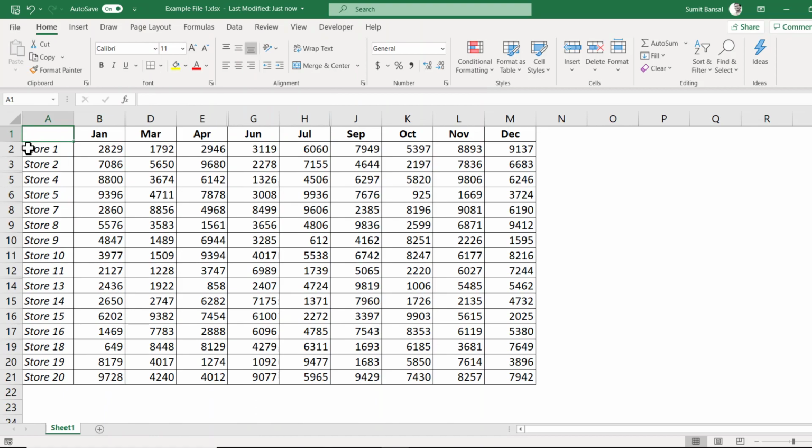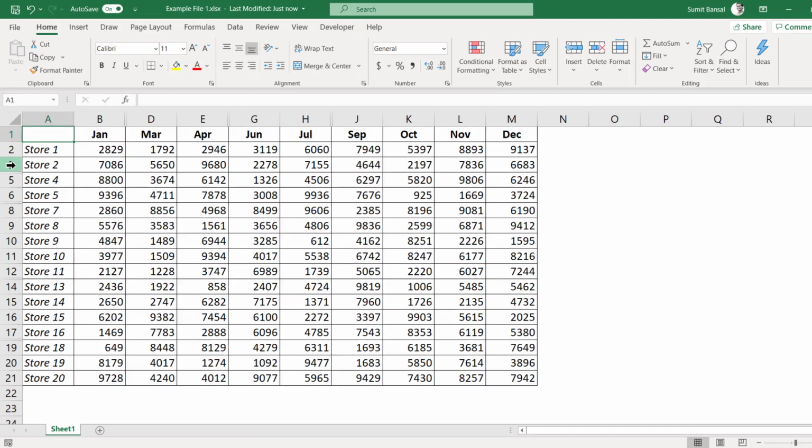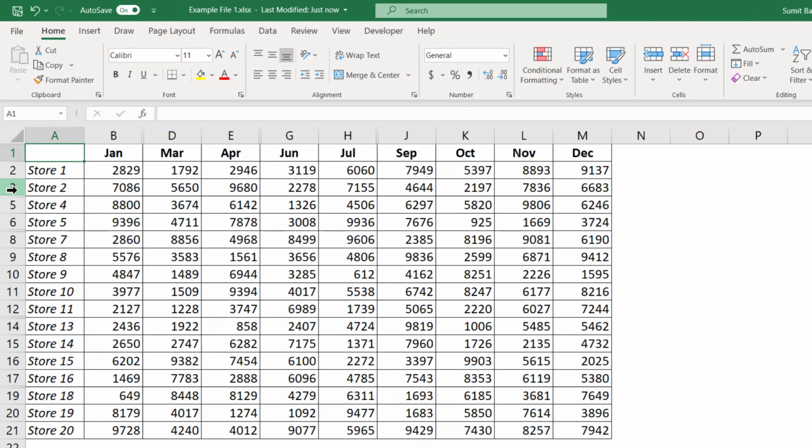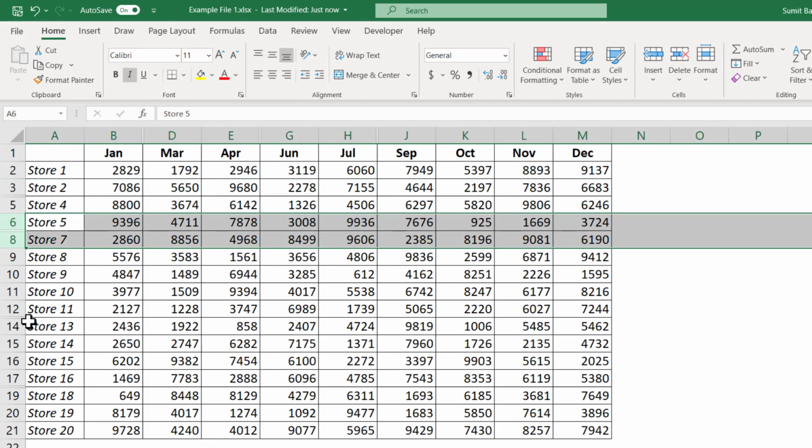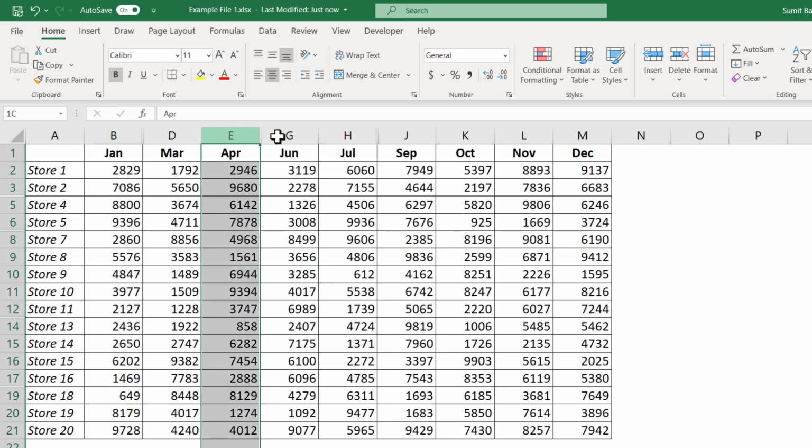Here I have this data set, and if you look closely, you would see that a few rows and columns are hidden. So here, row number 4 is hidden. Similarly, row number 7 is hidden, and a couple of other rows are hidden. Similarly, a few columns are hidden. Here, column number C is hidden, column number F is hidden. Now, if I want to quickly remove all the rows and columns from the entire workbook, Excel has an inbuilt